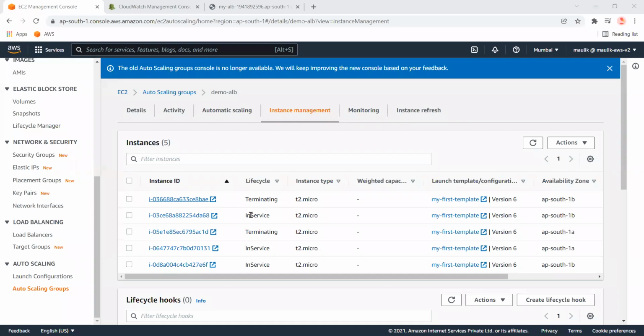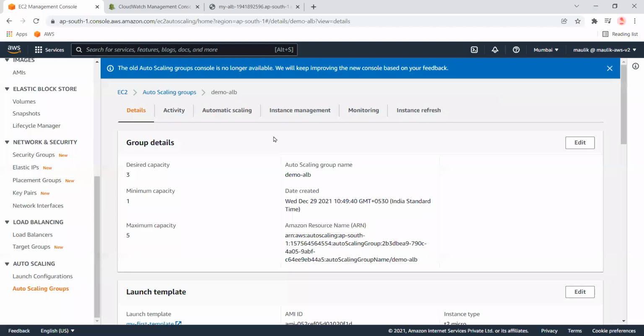Another instance is also terminating right now. Okay, desired capacity is set to 3 as of now. It will be set to 1 again. We'll need to wait for some time.